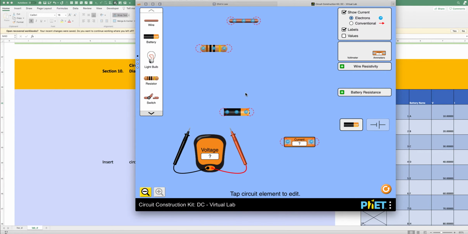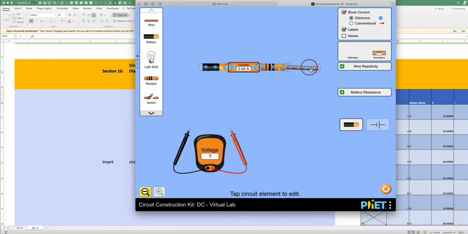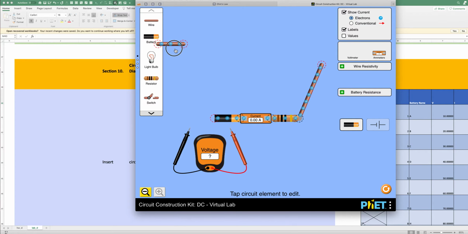So I'm just going to make a simple circuit here, just to kind of get some readings. I don't recommend that you do it this way, but it's just to get some readings. You'll have to build a circuit yourself to make sure that you have all the correct connections. But once you have the circuit set up,